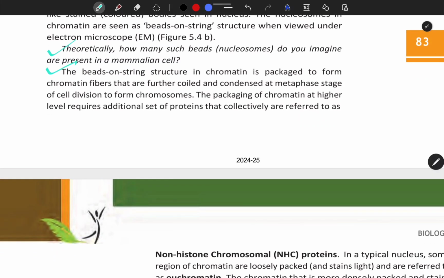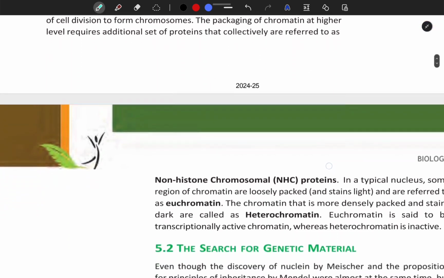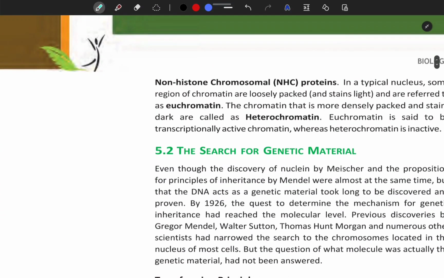The beads-on-a-string structure in chromatin is packaged to form chromatin fibers that are further coiled and condensed at the metaphase stage of cell division to form chromosomes. The packaging of chromatin at a higher level requires an additional set of proteins that collectively are referred to as non-histone chromosomal proteins,